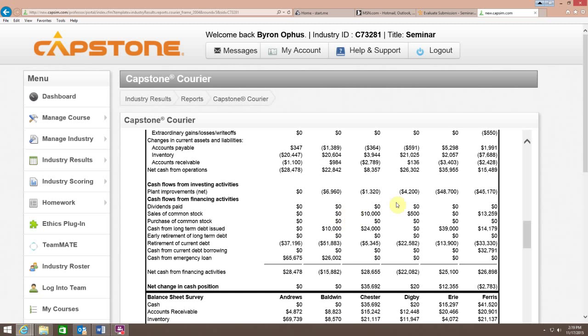For the life of me, I've tried to hint about that throughout the game. It's getting late enough in the game that I'll quit hinting about it. But selling stock is, let me put it this way. In most of my classes, and a lot of you should have had classes from me before, I always ask which is cheaper, debt or equity, and the answer is debt's cheaper always. And so the only time I would sell stock is if I had exhausted my ability to borrow. And even then, only if my investments were a part of a long-range plan.